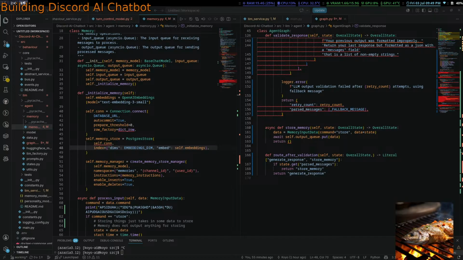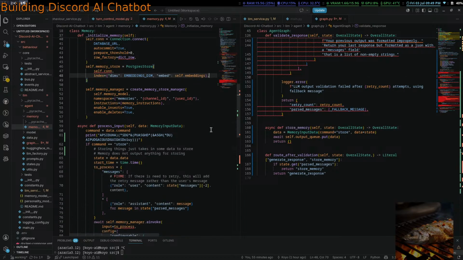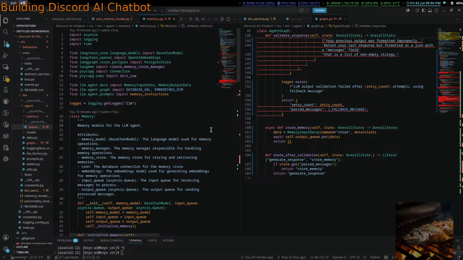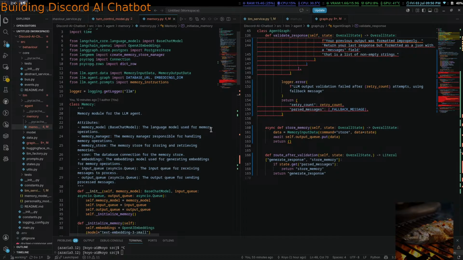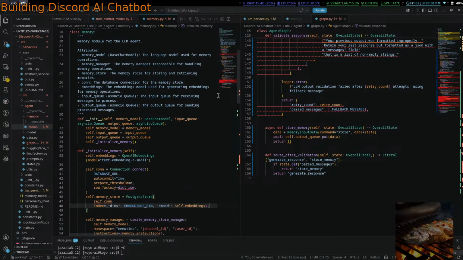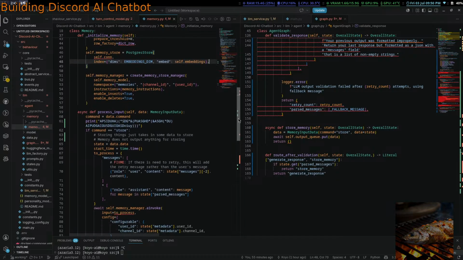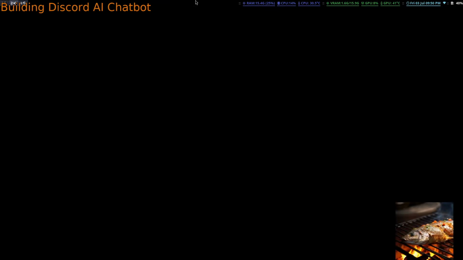Oh, what am I doing? This is pathetic. So I still don't really know how decorators work in Python. I think that's the problem.